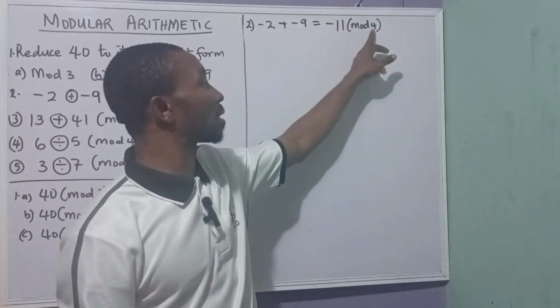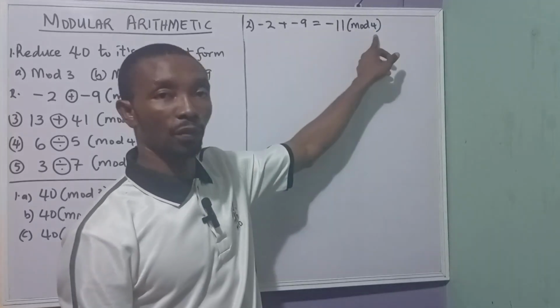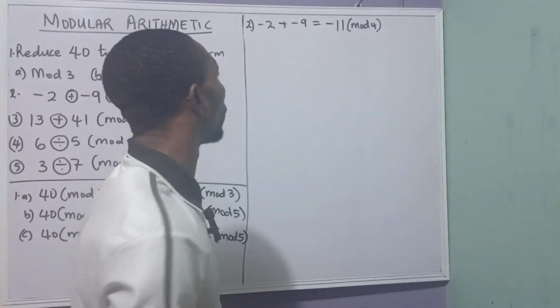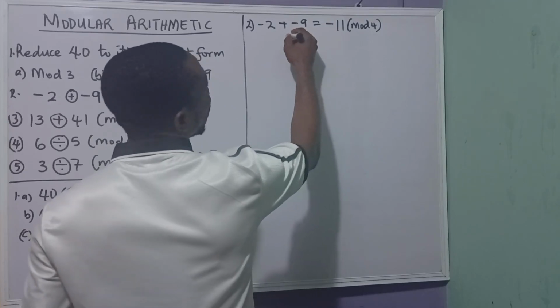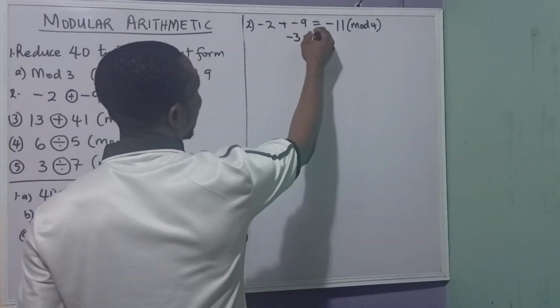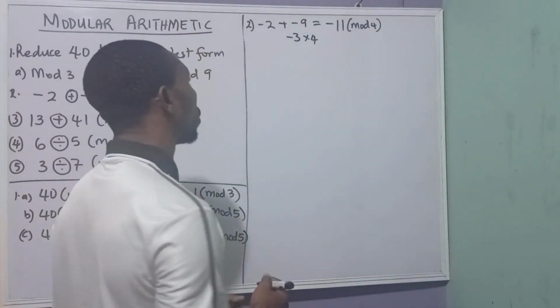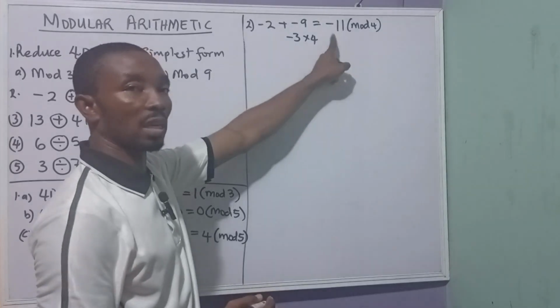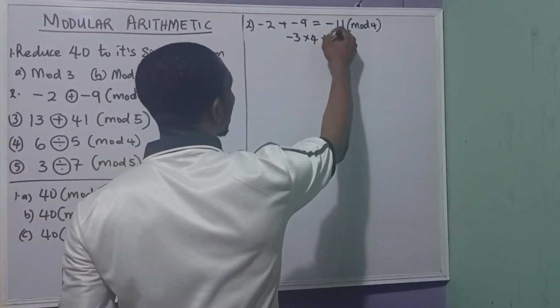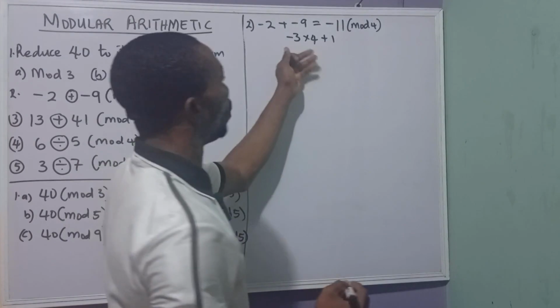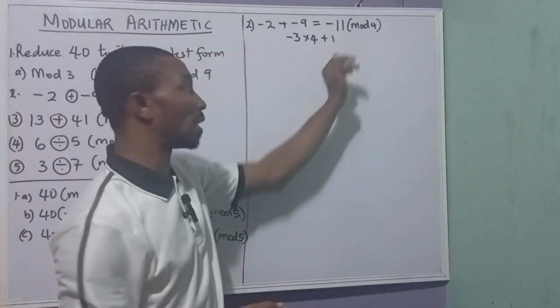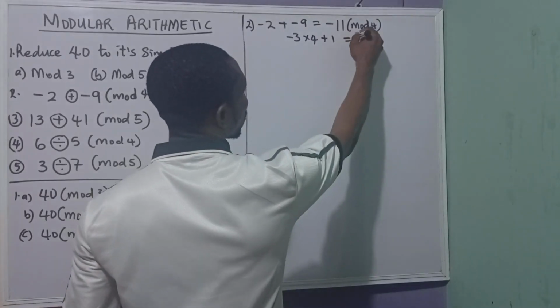Since 2 times 4 gives us 8, we are doing 3 times 4, which gives us 12. So this will give us minus 3 times 4, which is minus 12. Now, what are we going to add to minus 12 to get minus 11? It will be plus 1. So this gives us 1